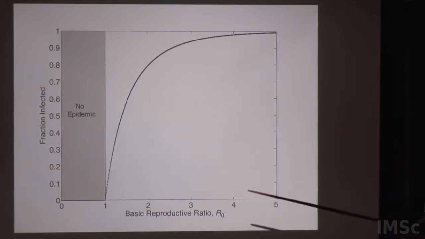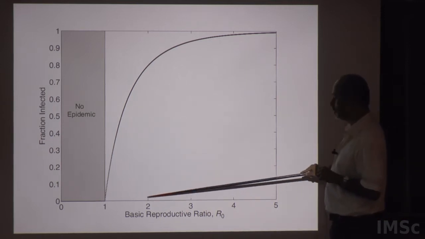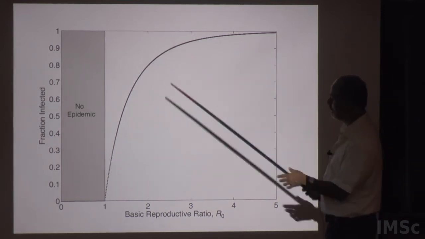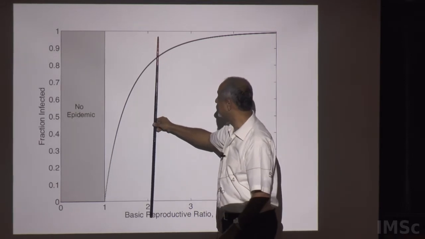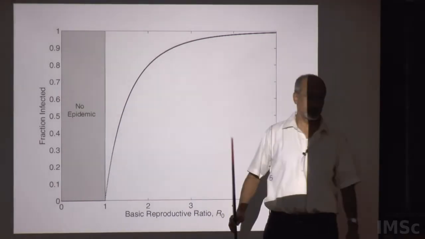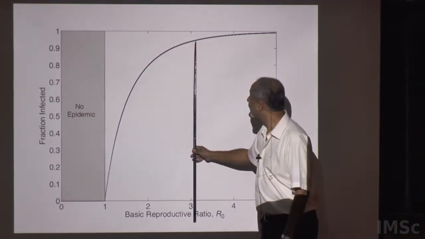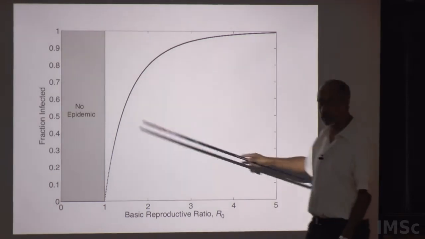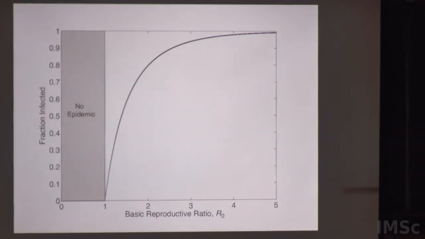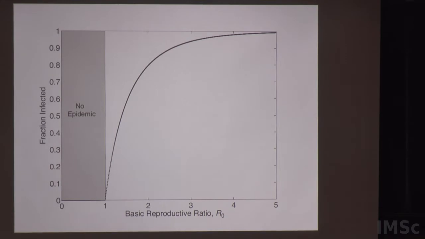Okay? So you can say that if I have a basic reproductive ratio of 2, then the fraction of people who are infected in the population when the disease has run its course is around 80%. If it's 3, it's even larger. It's probably somewhere closer to about 92% or something. And by the time I get to the really large R naughts, this curve has pretty much saturated towards 1. So the larger the R naught, the number of people who have passed out of susceptible and become infected, that fraction has become larger and larger, as is expected, because you also know this because of the peak of that curve